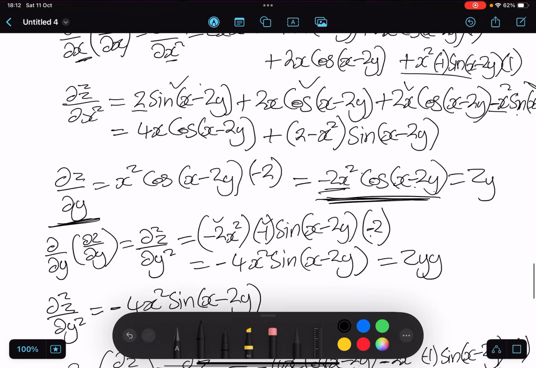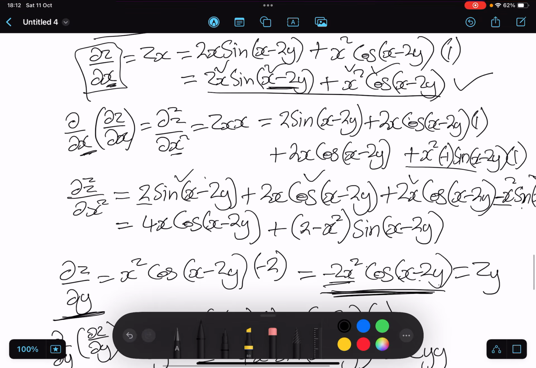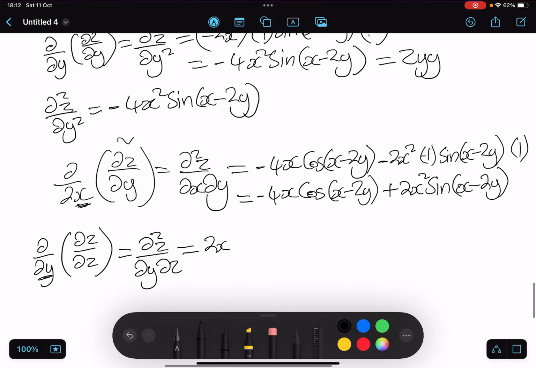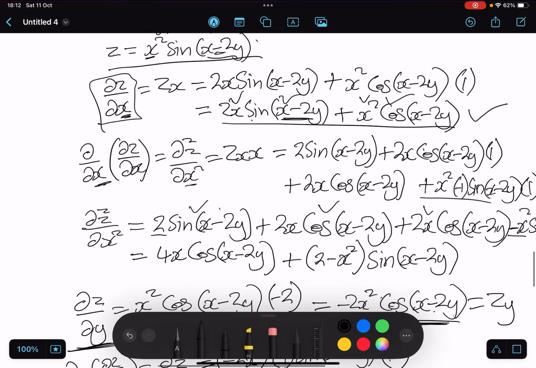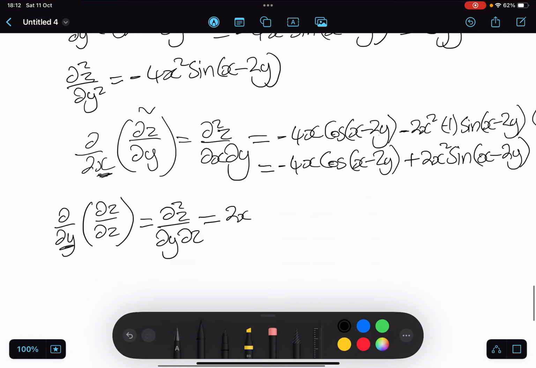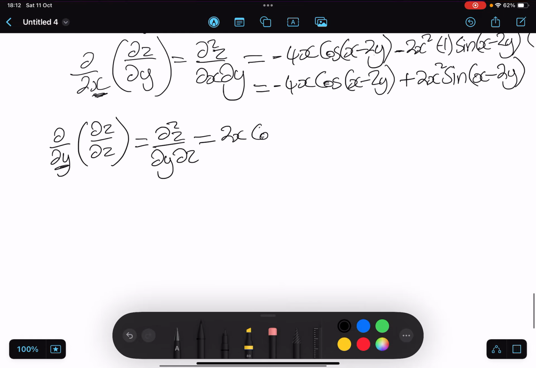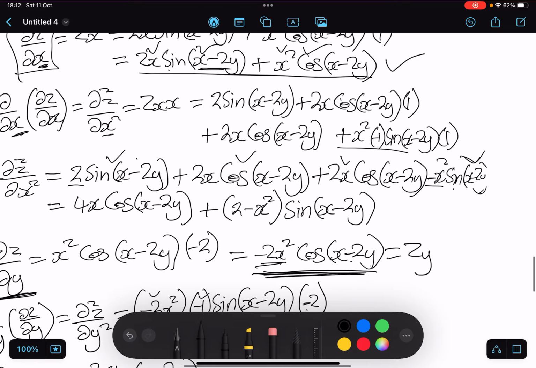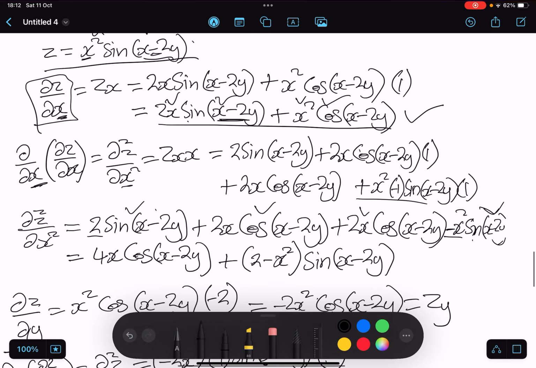Okay, we're going to have 2x, which is our constant, and then differentiating sine with respect to y. Differentiating sine with respect to y is going to be cos(x - 2y), and then differentiating everything that is inside, we're going to have minus 2, right? Because we're differentiating with respect to y, plus we're differentiating this second part,